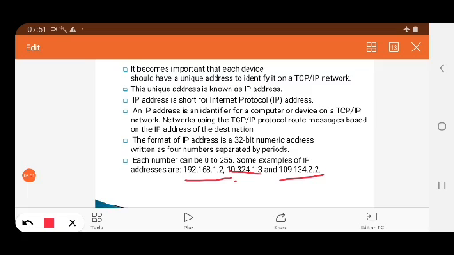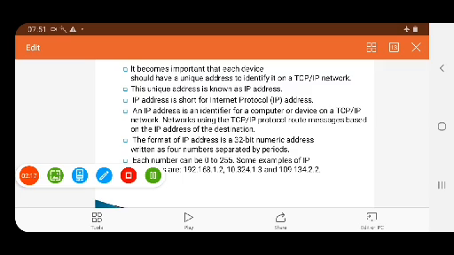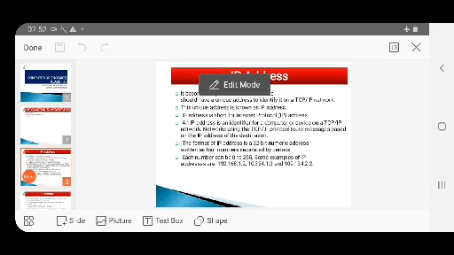You can see the address examples: 192.168.1.2 or 10.324.1.3. So you can understand the examples. Let us take some more.